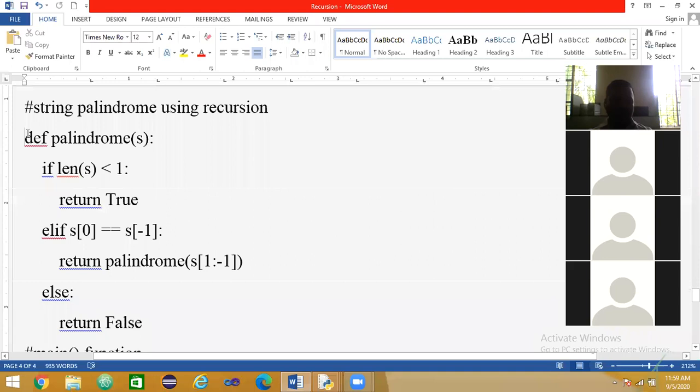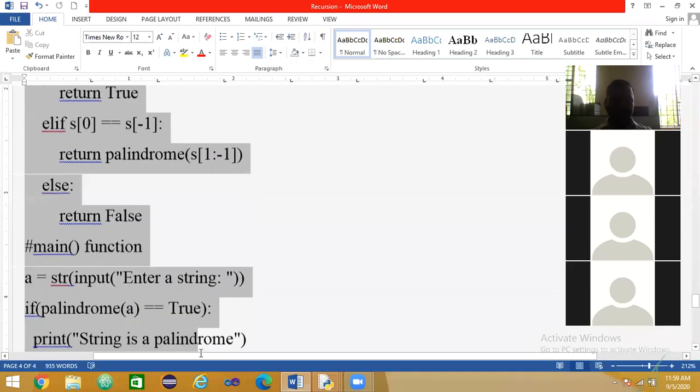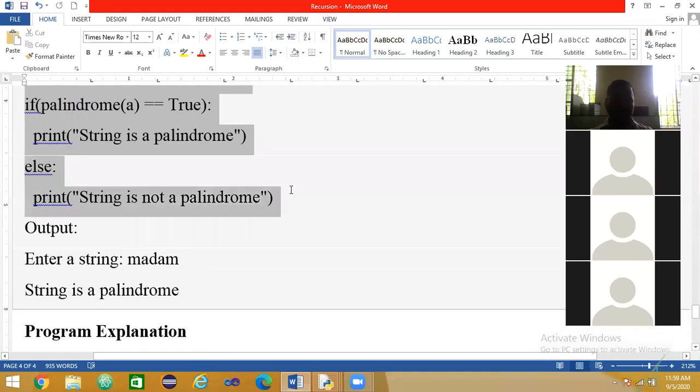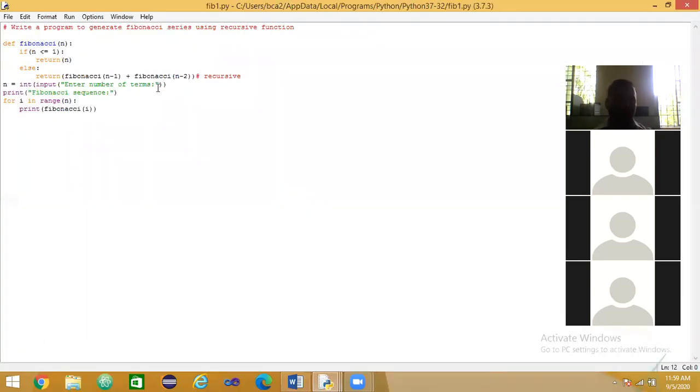The program is related to finding whether a string is a palindrome or not. We can check numbers also. Why? Because in Python a number is also treated as a string until we convert that string into an integer.